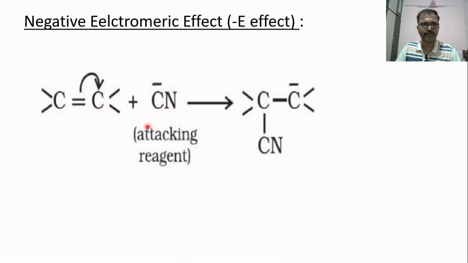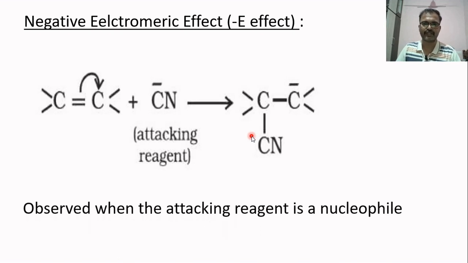The CN minus gets attached to this carbon atom and the transfer of electrons is towards the other carbon atom. As a result, it gives a species with a negative charge. This effect is called the negative electromeric effect. That means the electromeric effect which involves the transfer of the electron pair forming a pi bond to the multiple bonded atom to which the reagent does not get attached. So this is what we call the negative electromeric effect, and it can be observed when the attacking reagent is a nucleophile. Well,